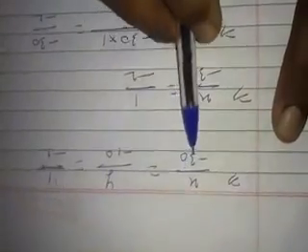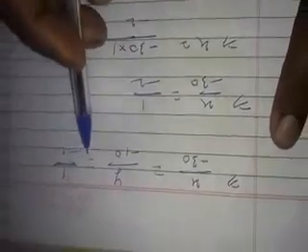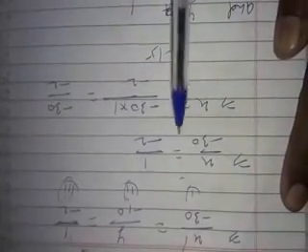Now further simplification will give us x by minus 30 is equal to y by minus 10 is equal to 1 by minus 2. You can treat it as 1, the second one, and then third one. Now to find out the value of x, we will take first and third condition together. If we take these two conditions, we get x by minus 30 is equal to 1 by minus 2. Thus we get x is equal to minus 30 into 1 by minus 2, which on further simplification will give us the result x is equal to 15.